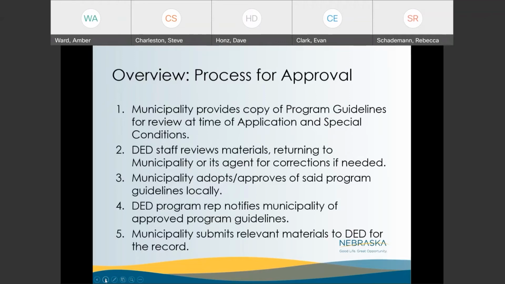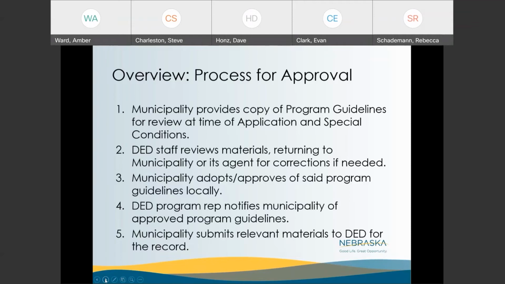The overview of the review process. So when grantees are awarded funds, as I mentioned, the local government does have to provide to DED a copy of their rehab guidelines or their program guidelines. And this is generally done at the time of application within the Amplifund system. And it's also a requirement. One of the special conditions is that you have to provide your approved program guidelines in order to obtain a release of funds. The DED staff will review